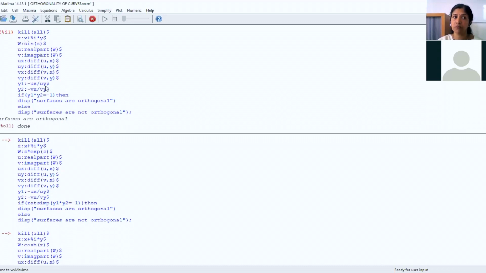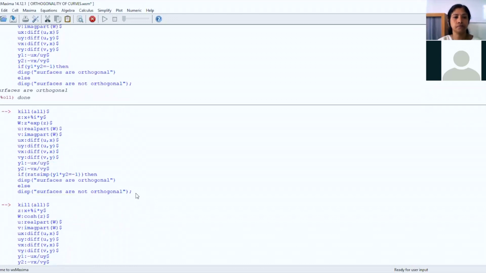Okay, so in the first question, W is in terms of Z. So we have to explain what Z is first and then go into W. You can have a look at all these steps. We follow the same order. We cannot start from W because W is in terms of Z, so we have to start from Z. Z, W, then comes U and V, then all four partial derivatives, then dy by dx for both, and then we multiply and display the result. So this is how we do the first sum.